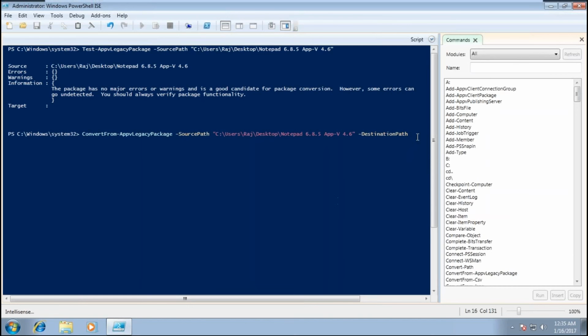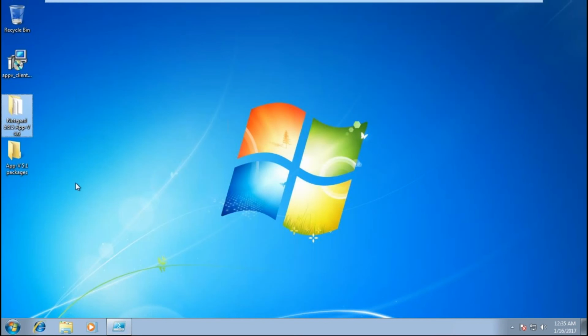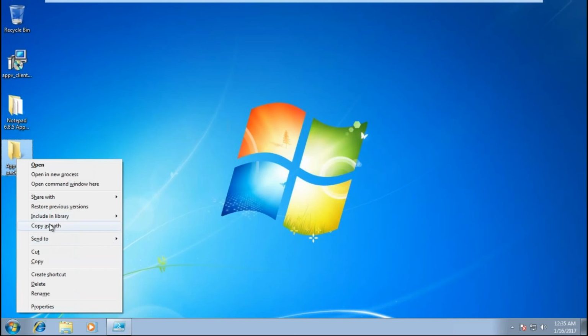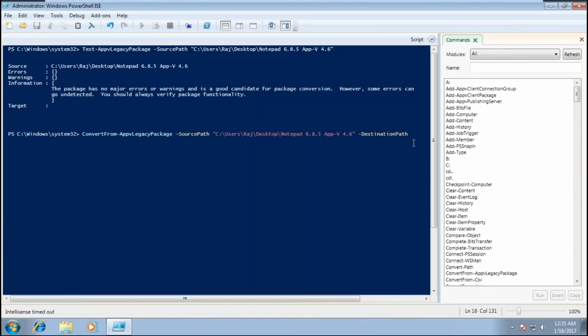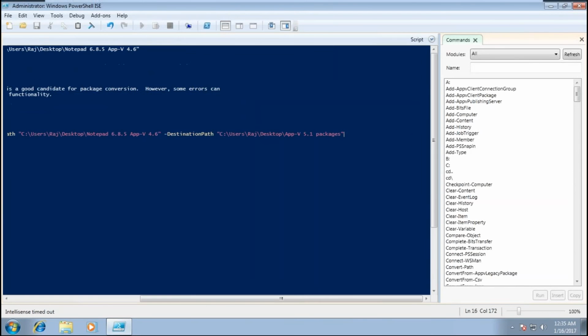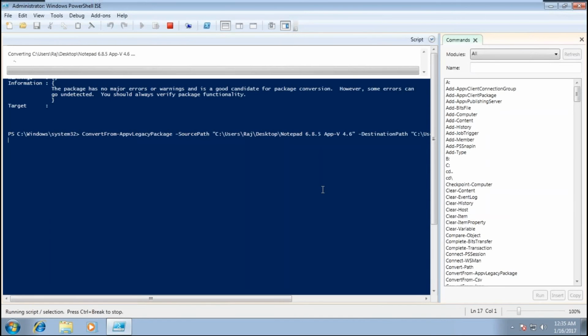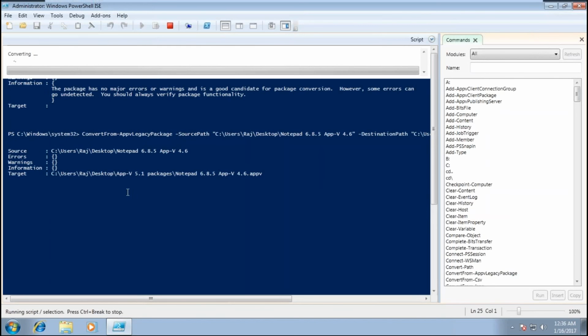Now let's give a location. I already created a folder, and I want to create this package in here. Let's press enter. Now it's converting. It may take time, depending on the size of the application. Okay, it looks like it is done.